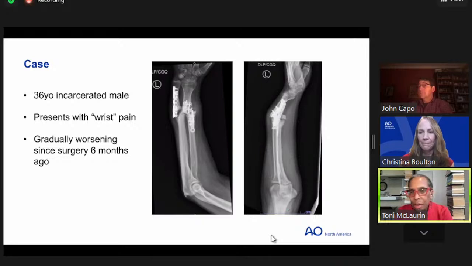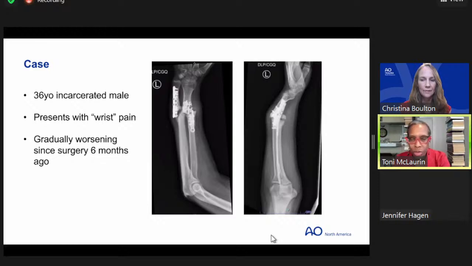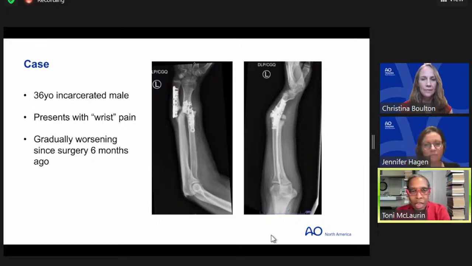Okay, so I'll start. For non-union work, I always take down the non-union at both bones, especially looking at the x-ray that you have up. You're never going to get this thing to move if one of the bones is still stuck. And a lot of times, even with these big giant gaps, the scar tissue and fibrous tissue around the bones is so dense and so stiff that you really can't get your correction. You can't get length.